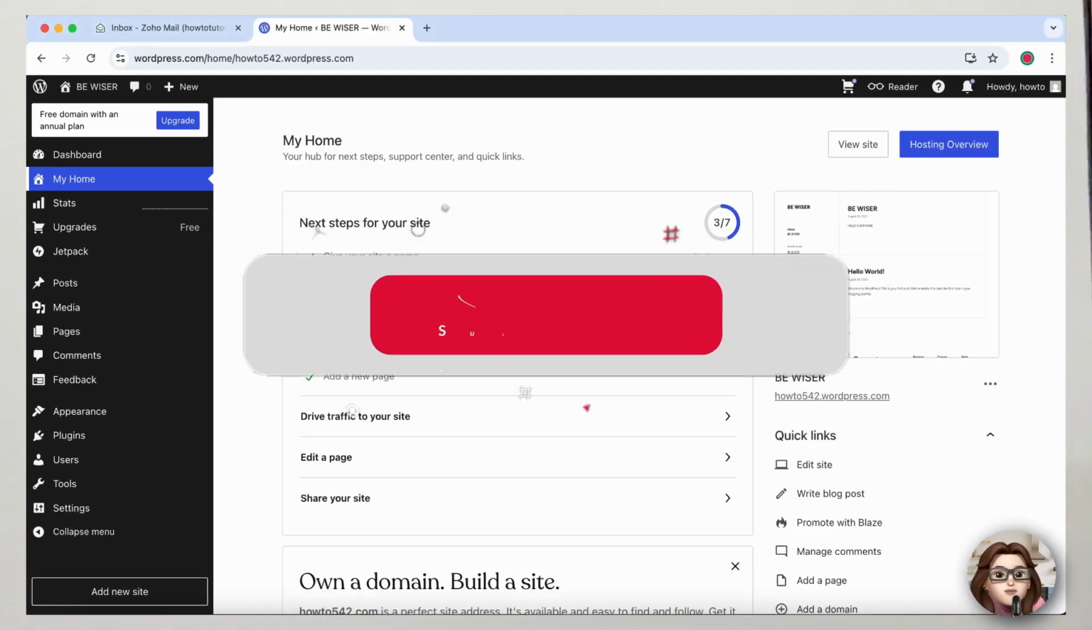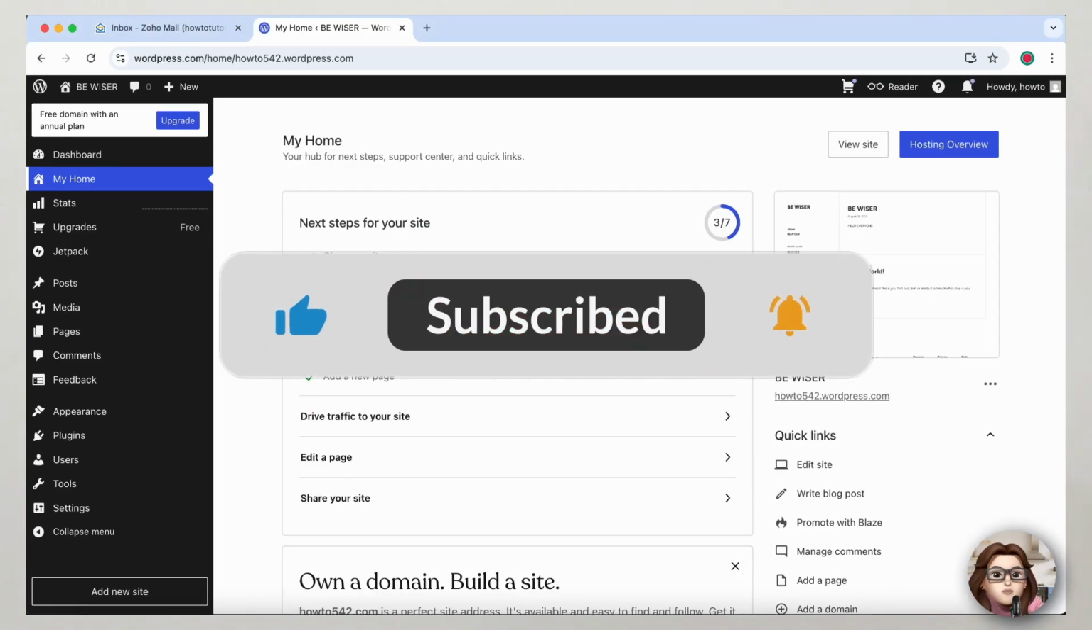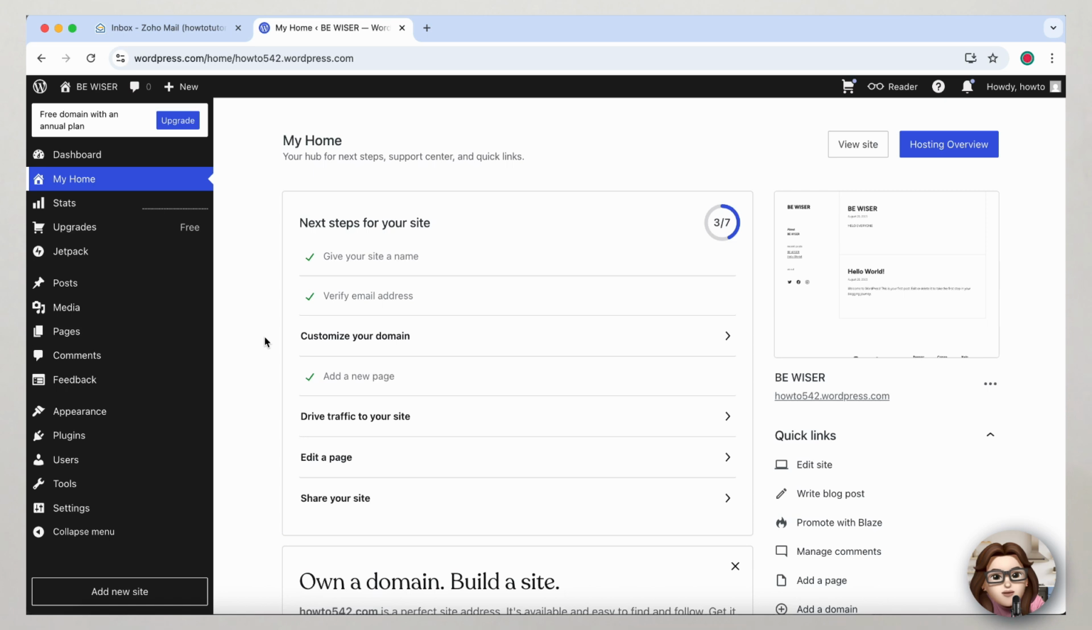In this quick guide, I show you how to easily install a plugin in WordPress so you can unlock new